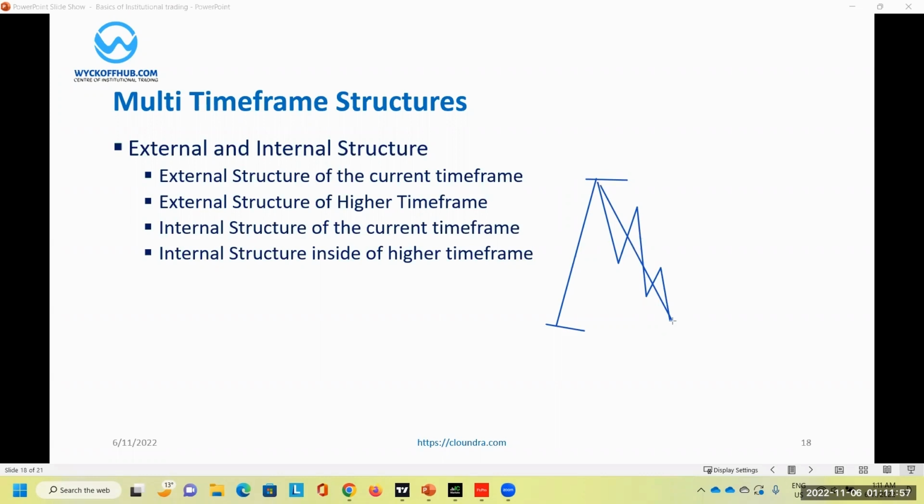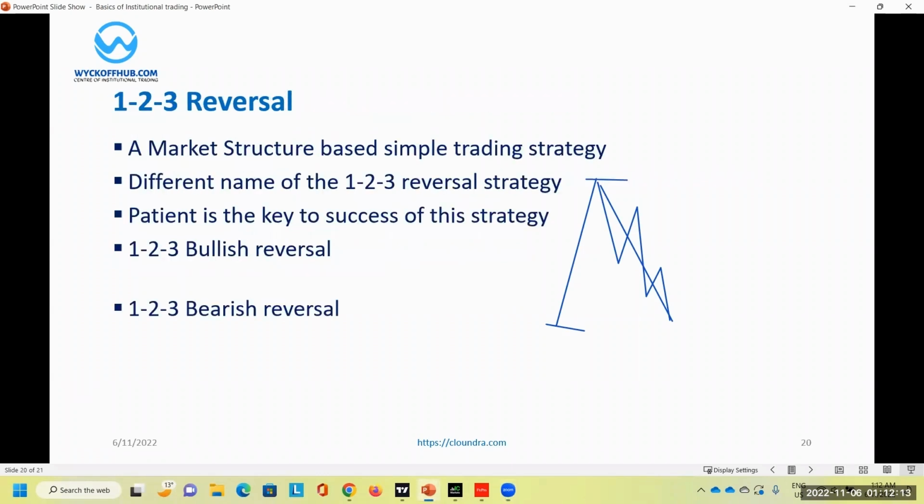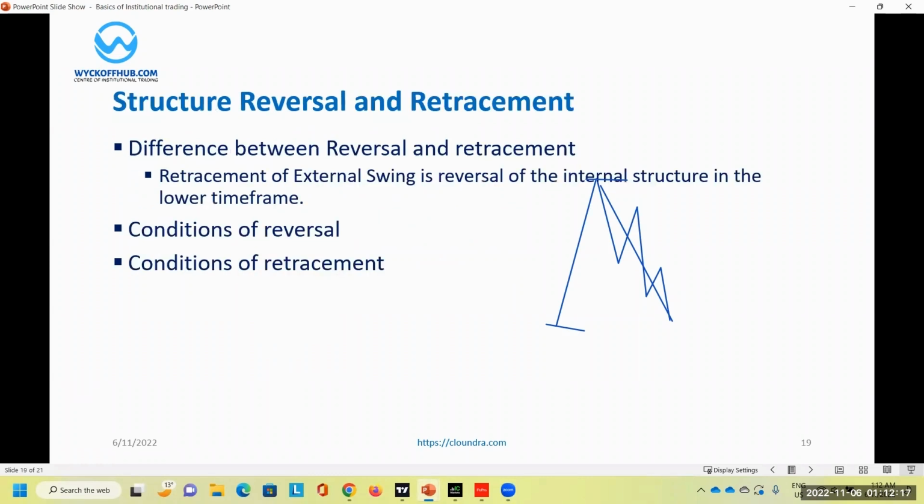So I will stop my video right up here with the external structure. And in the next video, we will elaborate a little bit more on the external structure and the internal structure. And we will try to cover a basic strategy, which is called the 1, 2, 3 reversal strategy. And we will also cover in our next video what's the difference between the reversal and the retracement and how we can